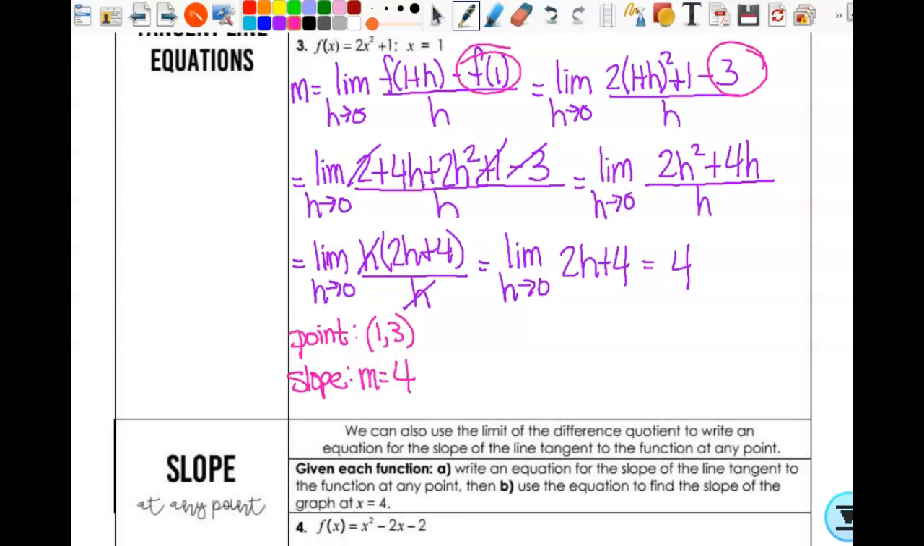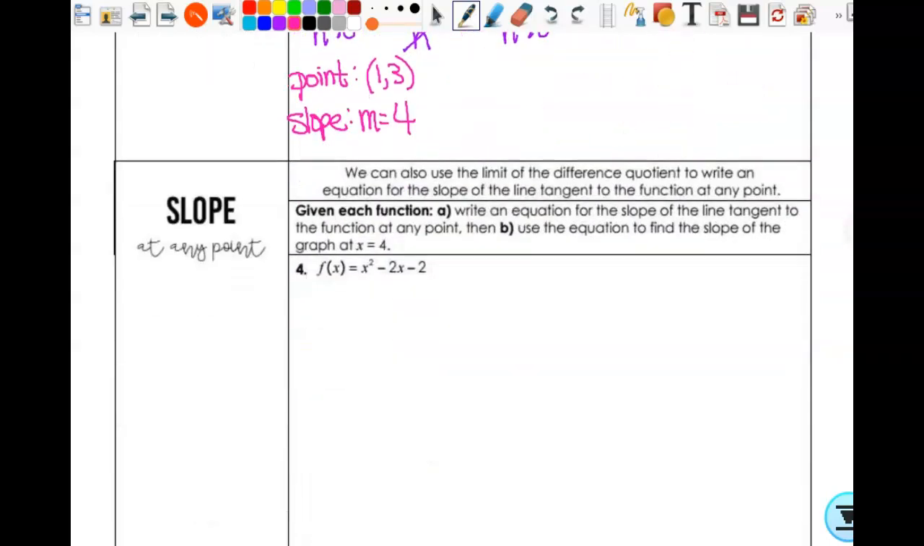So now that we have that, we use point slope form, and we do y minus 3 equals 4 times x minus 1, and we stop. There's the equation of the tangent line. What questions do you